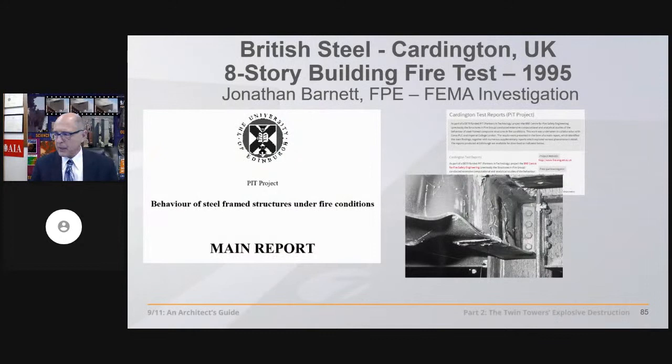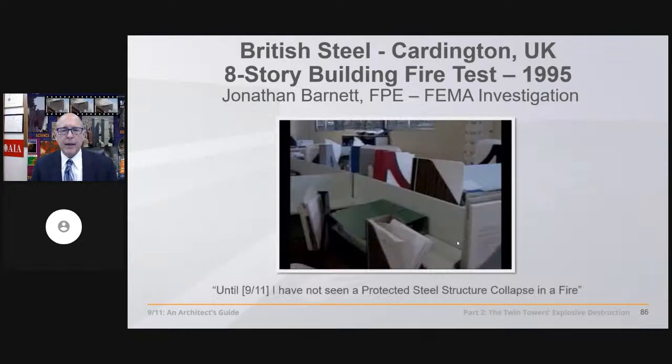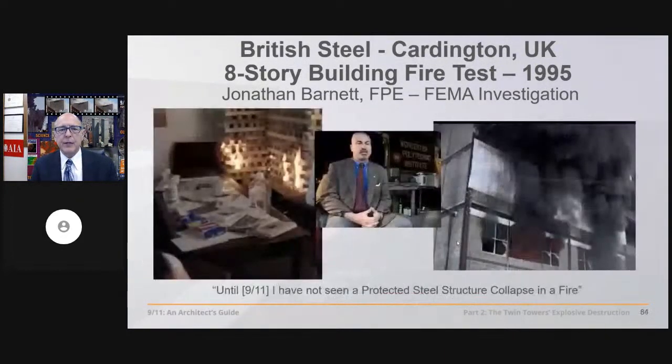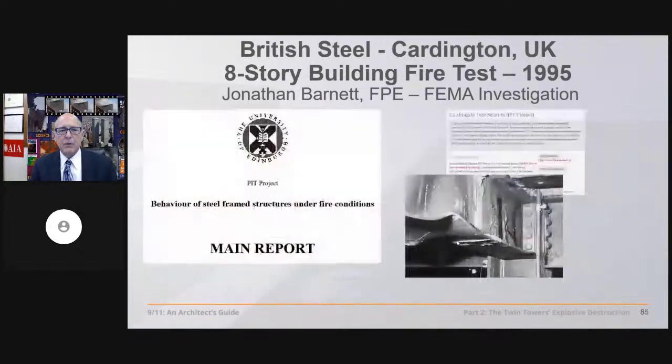And they determined in their report here that it behaves very well. And we have both fireproof steel, and as you see here, unfireproofed steel, to get the worst absolute case.